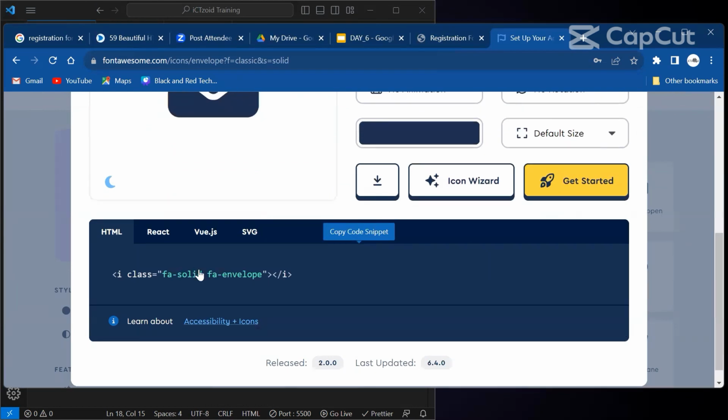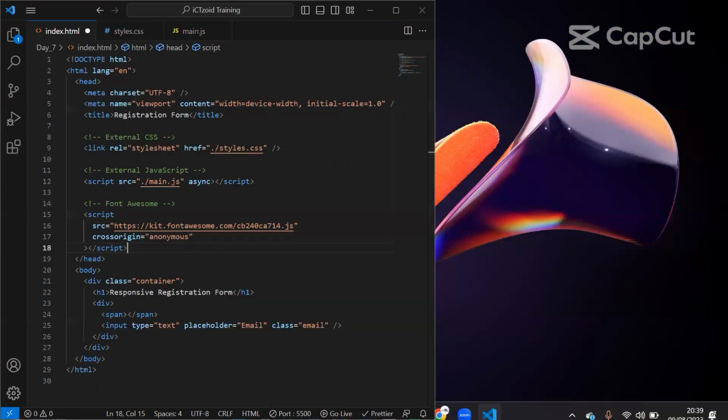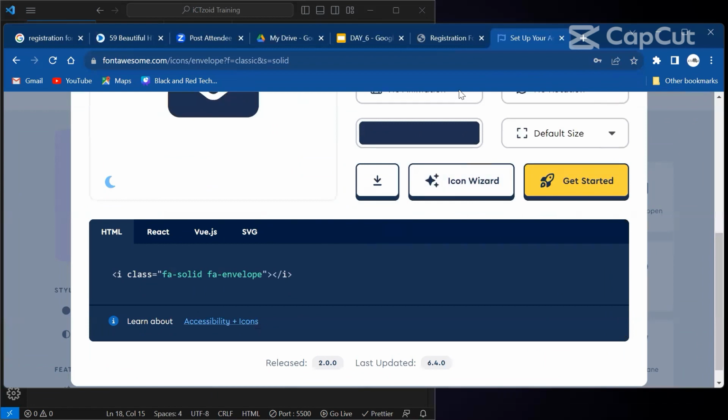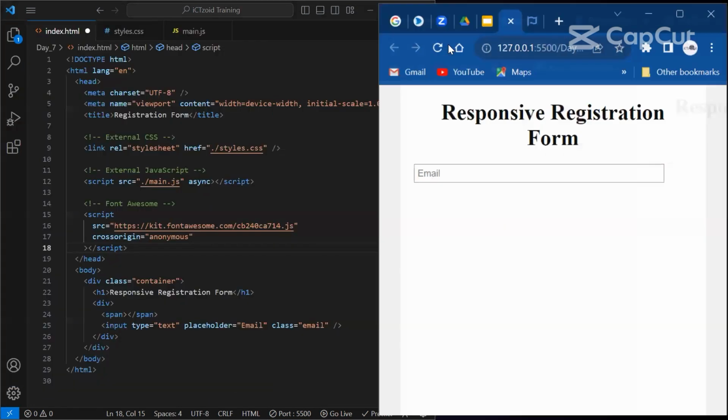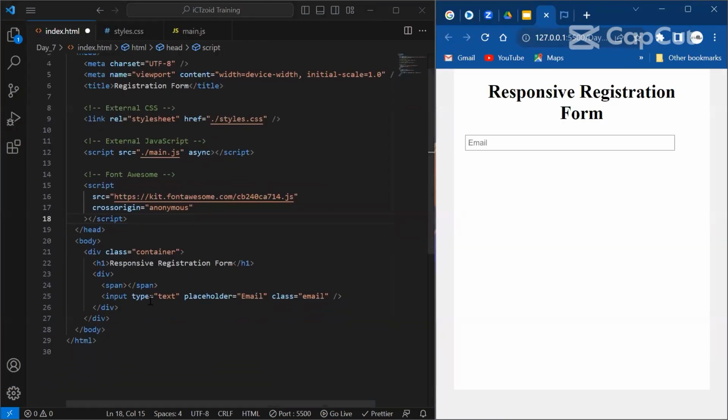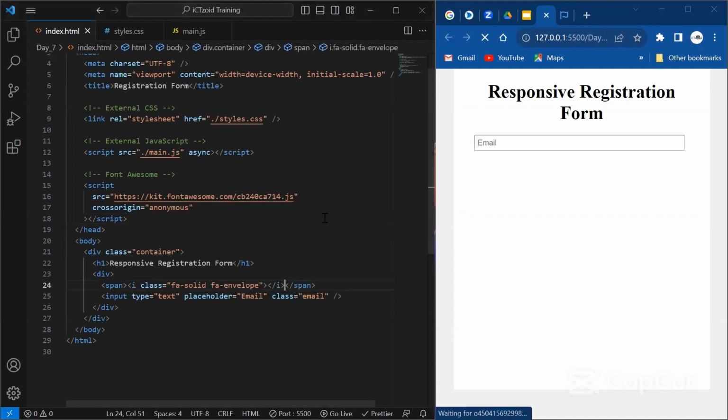So this is what you need, right? You just need to click on it and see it's copied. So now that it's copied, I can minimize this and go back to what we're working on. This is a span, right? I can now just paste that code. I click to copy. It's showing here. Now, this is the icon,